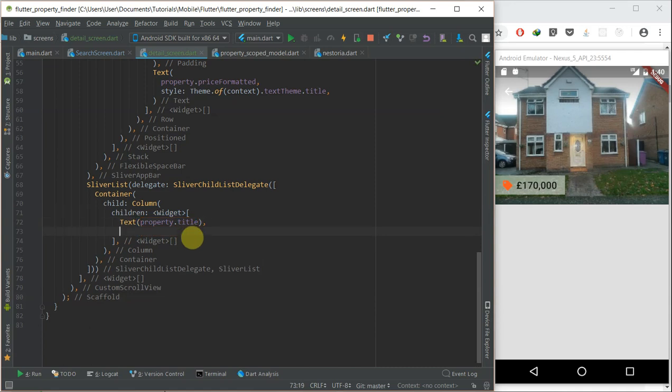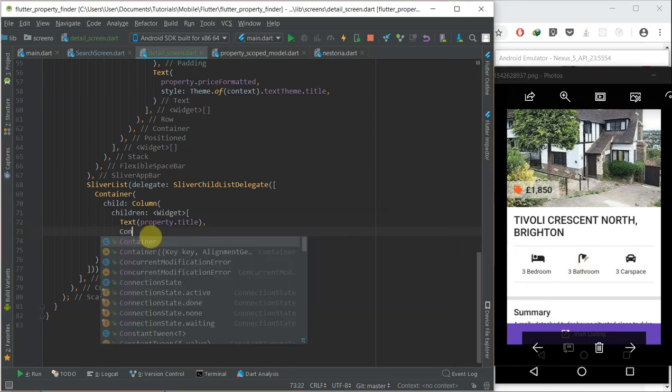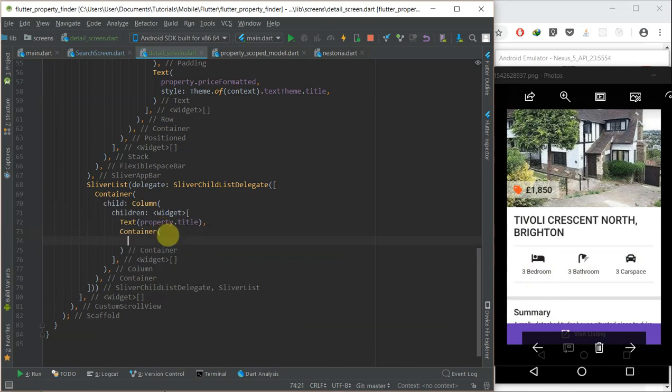Then the next child would be a container. I'm putting it inside the container because I want to give it a decoration with this top and bottom border over here. So the container with a child of row,